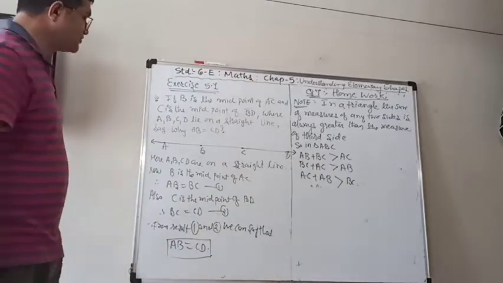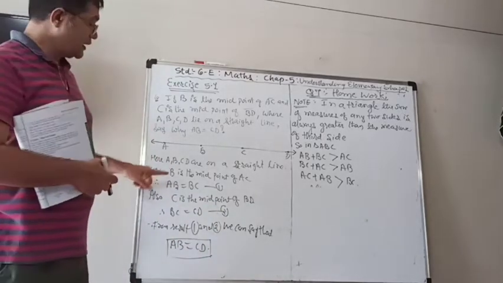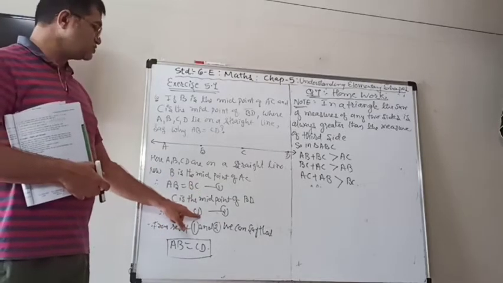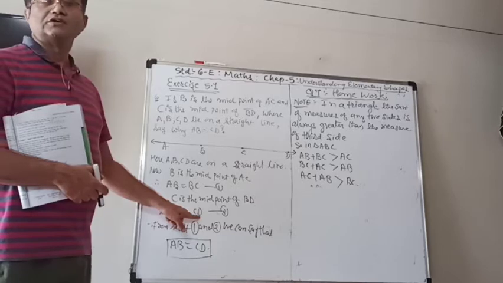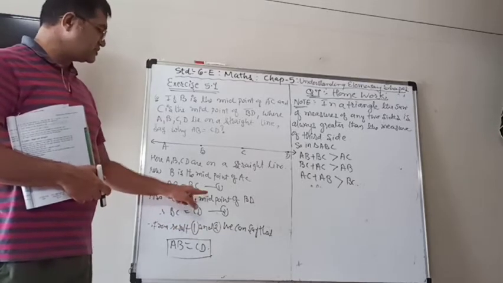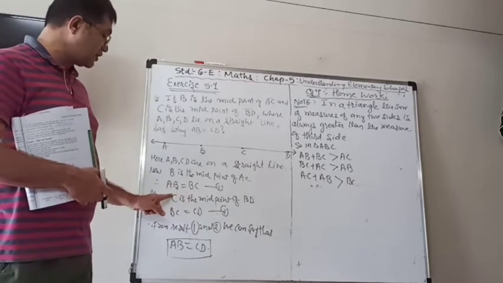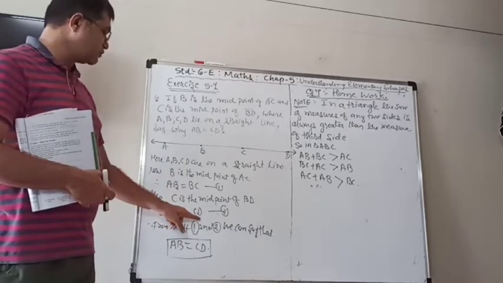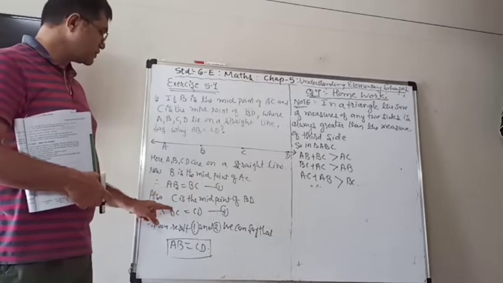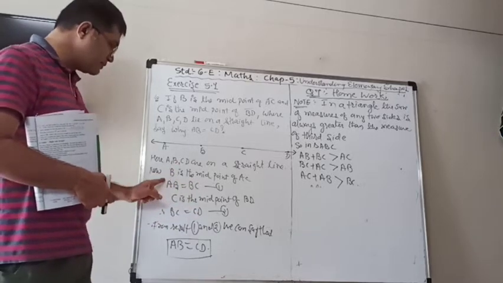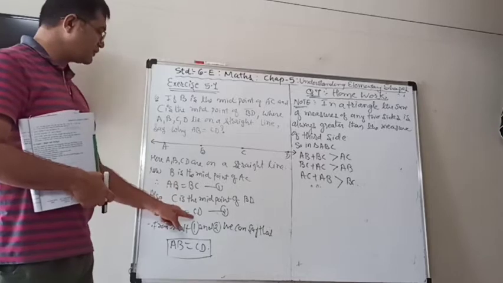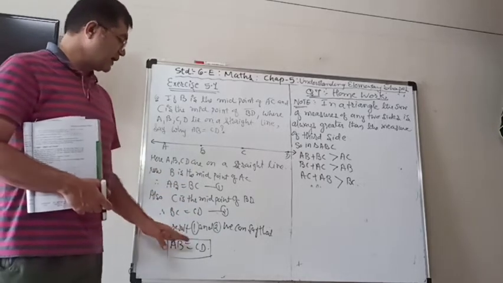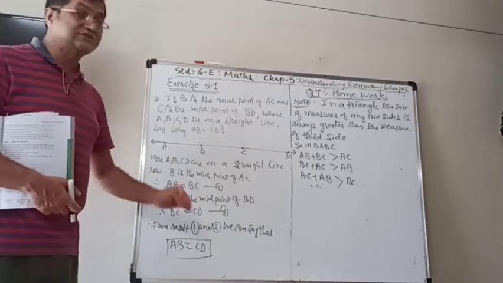Now if you observe result number 1 and result number 2, you can see that AB is equal to BC, and BC is equal to CD. It means that AB is equal to BC is equal to CD. So from 1 and 2 we can directly write AB is equal to CD, because BC is equal to CD and BC is also equal to AB. It means that the values of AB and CD are also equal. So we can write AB is equal to CD.